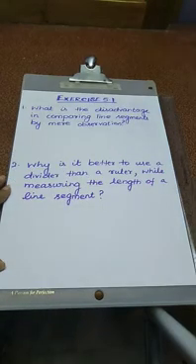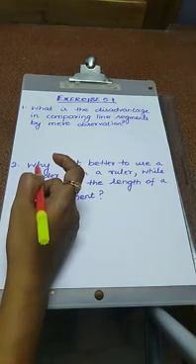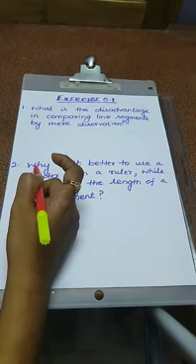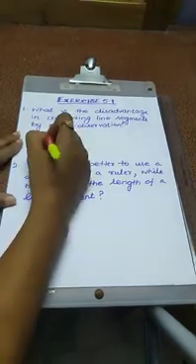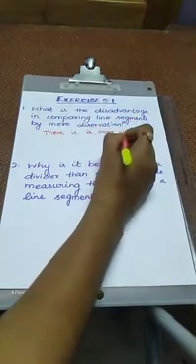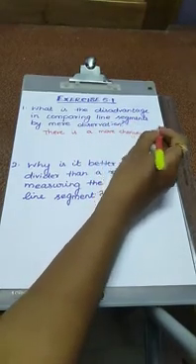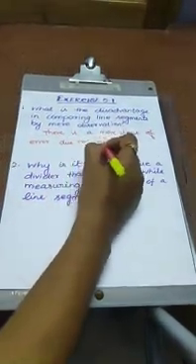Exercise 5.1, first problem. What is the disadvantage in comparing line segments by mere observation? Actually, there is more chance of error due to improper viewing. Suppose some person says that value is 6 cm, some person says that value is 5 cm, so a little bit of error also happens. So there is more chance of error due to improper viewing. The answer is: there is more chance of error due to improper viewing.